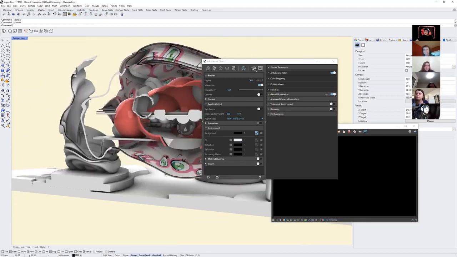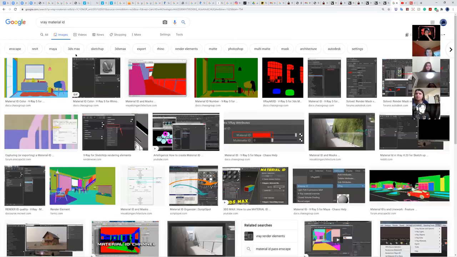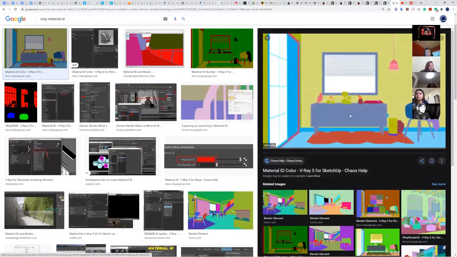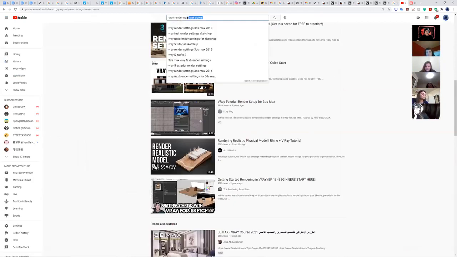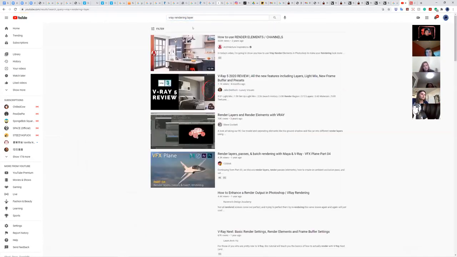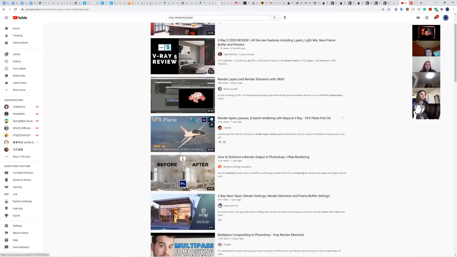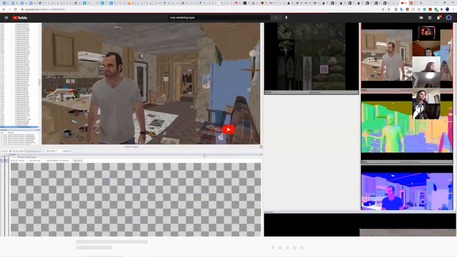Okay, so just want you guys to know, earlier we were talking about the material ID, which is like this. I can render the material into different colors, and later in Photoshop I can kind of work on it. So if you go to V-Ray rendering layer on YouTube, you actually can see how these renderings are built, right? For example, like this one,